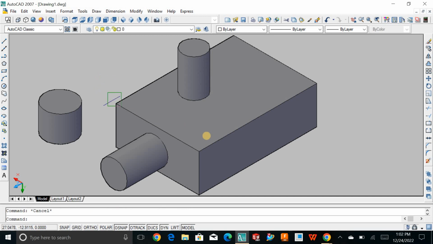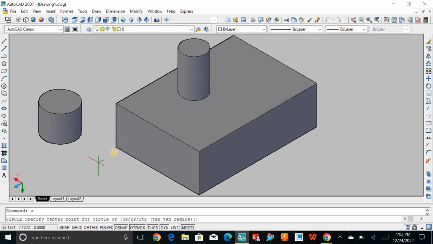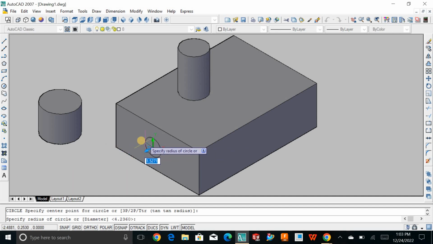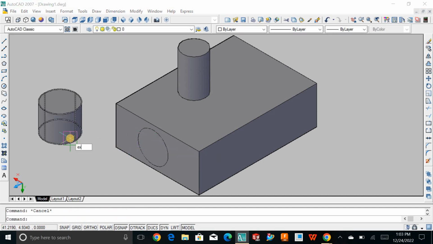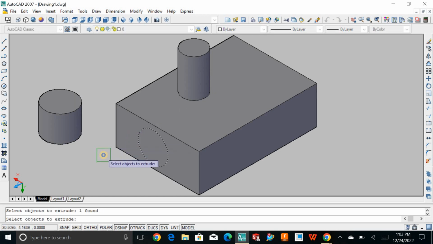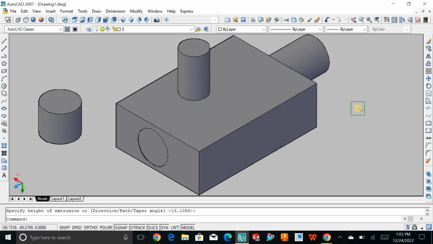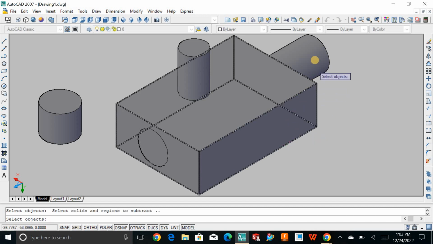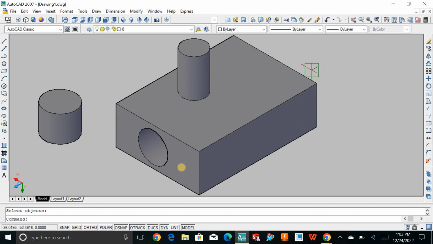Now the next thing that is really important: E for erase by selecting the object. Again I will draw a circle like this, see. Now I will extrude, EXT, enter, select the object, right click and drag in this direction. Now in 3D there is nothing, just subtraction and addition of the parts, right? So I will subtract this region. For that I will enter SU, select the bigger object, hit enter, and then the object that you want to subtract and hit enter. See,